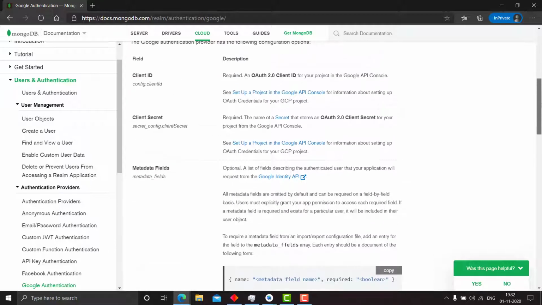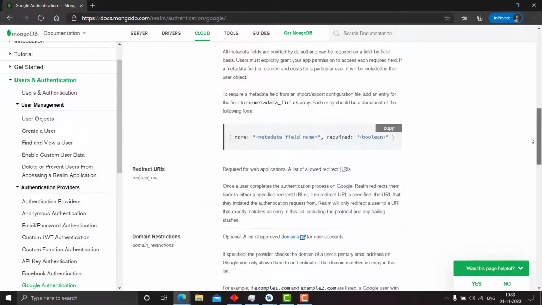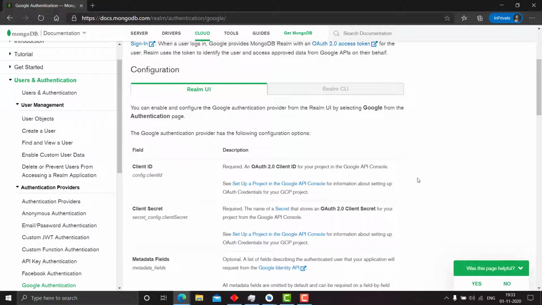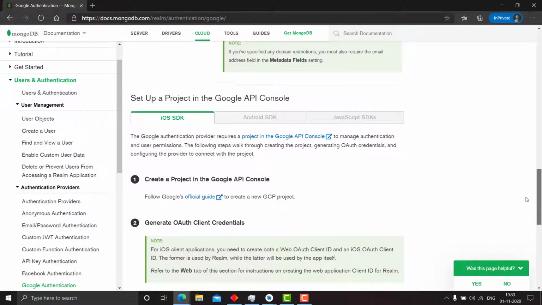All that is fine, but the mistake is it tells you to specify an Android client ID, but what it wants is a web client ID of Google. So here they should have written web client ID and not client ID.